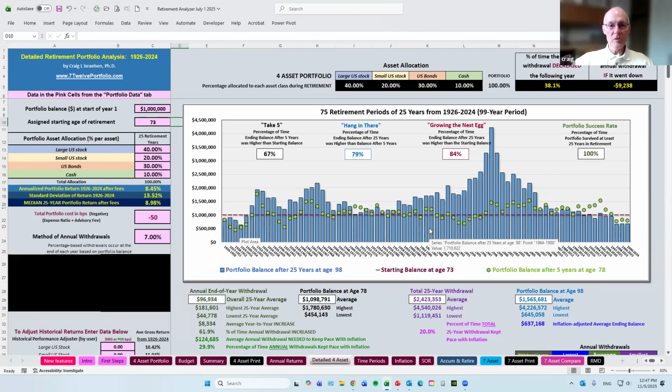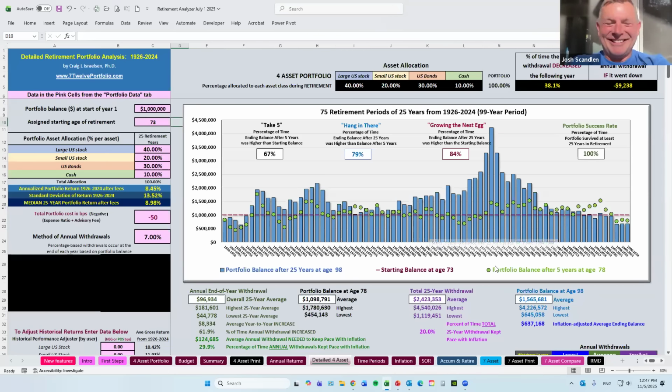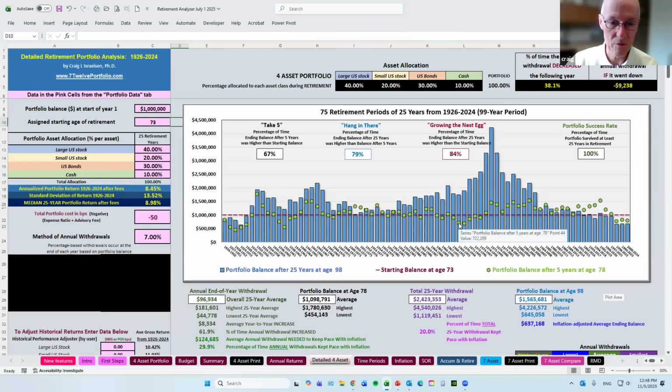In other words, here's a tool that analyzes things over 25 years, a quarter century, as if, as human beings, we wait for 25 years to react to what we're experiencing. That doesn't happen. We react in 25 hours or 25 days. So to try to get at that issue of recency bias, the green dot says, okay, you start this process of withdrawing from a portfolio, your balance after 5 years is X. What is that? Well, let's take the case here of the person who started withdrawing in 1926,